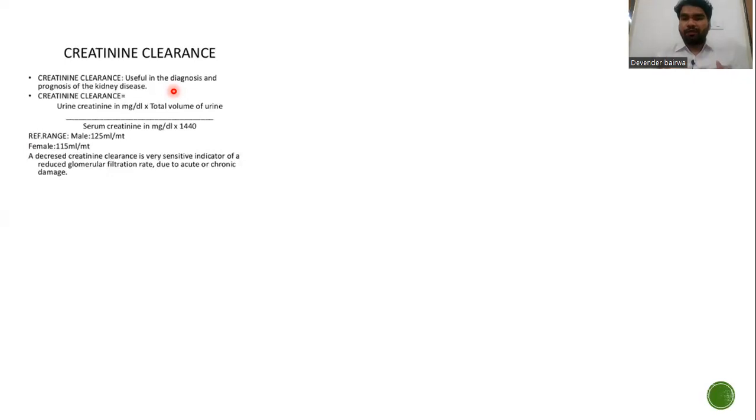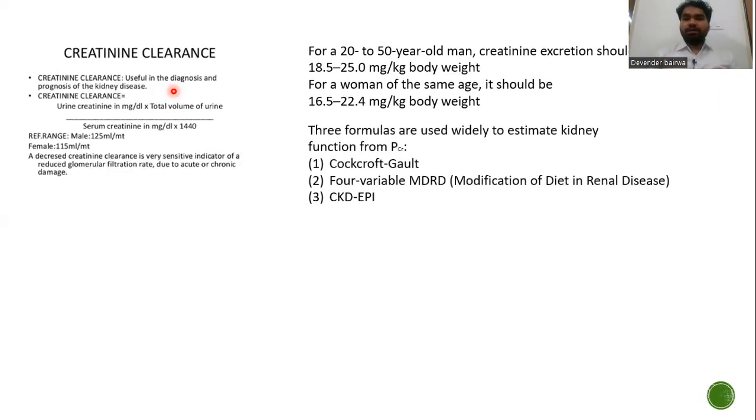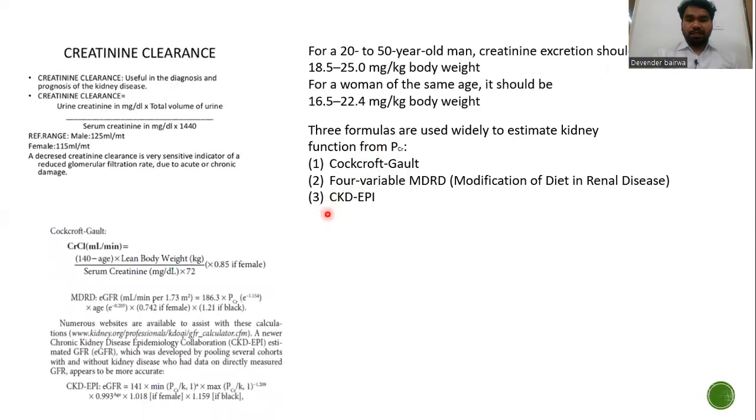We have different equations and formulas to roughly estimate the GFR, and we have three different formulas. One is the Cockcroft-Gault equation, then the four-variable modification of diet in renal disease (MDRD), and then the CKD-EPI equation. Out of these three, CKD-EPI is now considered relatively better